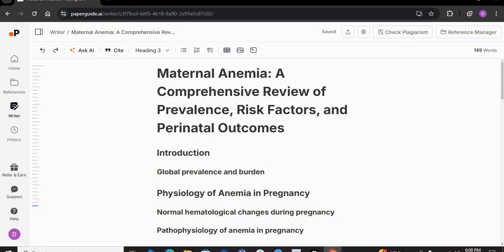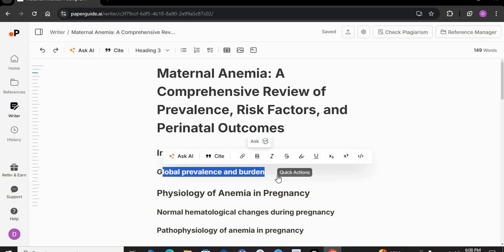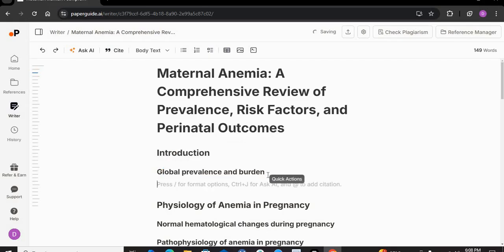And so say for example I like this thing. Now I'm writing the introduction. In introduction I'm writing about this global burden. It suggests that the first heading should be introduction, and what you should write in introduction. It says that in introduction you should write about this global prevalence and burden. Say for example I have written a few lines and I want to give